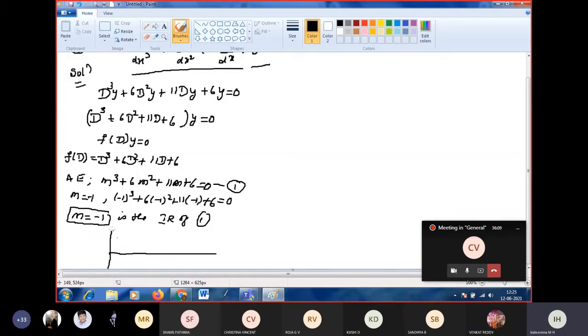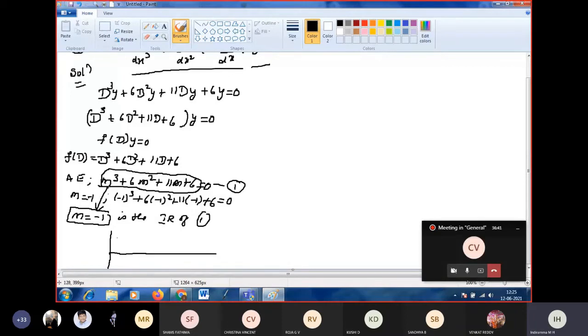For example, here we have a third degree differential equation. The order of the differential equation is 3. I know one root for this one as minus 1. Since we got one root, the equation should be reduced to a quadratic, and the remaining two roots I need to find. So how to reduce that to the quadratic to find the other two roots? This is the synthetic division method.